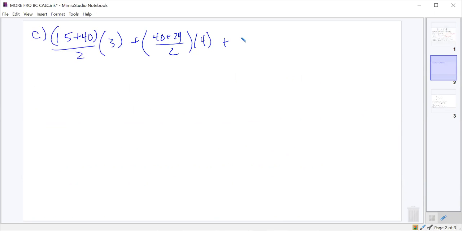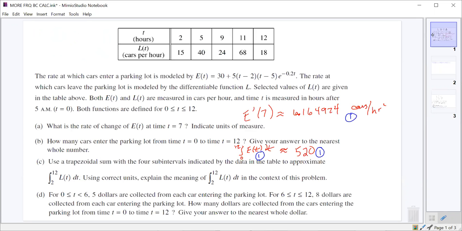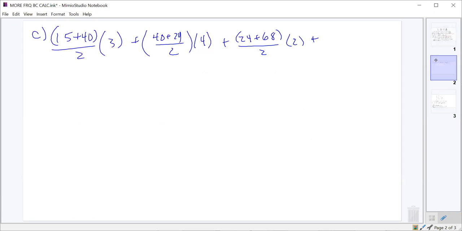We'll multiply that one by 2. And the last one is 68 and 18, and multiply that one by 1. And add all of that up together, and you get